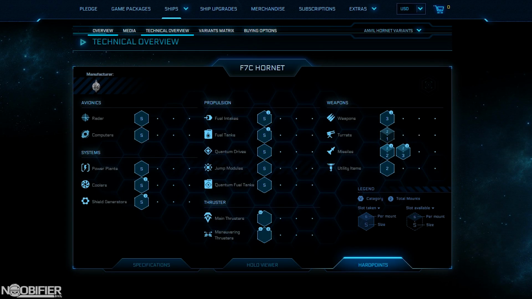Let's have a look at the updated hardpoint pages for the Hornet variants. This is a little bit more confusing because if it's accurate, the Hornet actually got a massive nerf. Let's start with the blue and gray hexagons. When you look at the base Hornet, the chin mount is dark, which means that it's available, but an empty